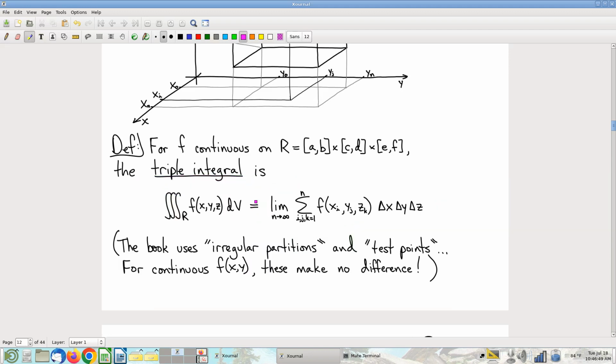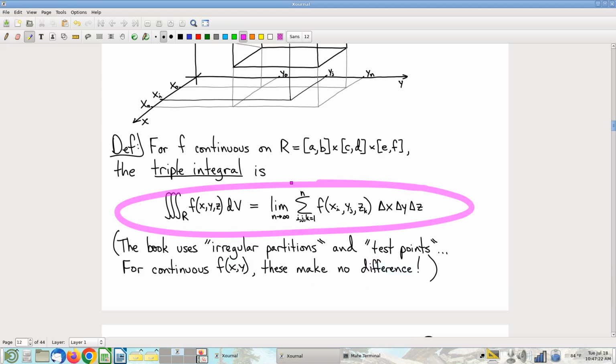So here's a piece of good news. You can get fussy about the way you chop things up, irregular instead of regular. And why do you have to always pick the bottom left corner? You could pick an arbitrary sample point or test point, whatever they want to call it. In this course, we're not going to worry about that at all. So any mention you see in the book of irregular partitions and such, just ignore. Not responsible for it. Okay, so what we've done is we've made a definition of something called a triple integral,